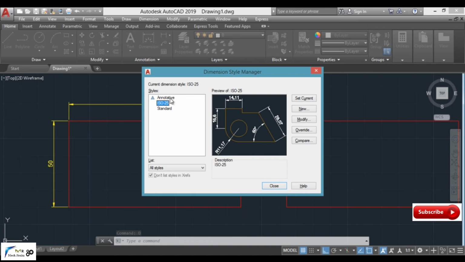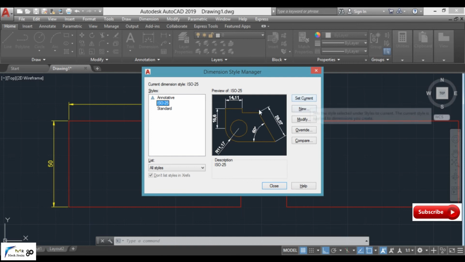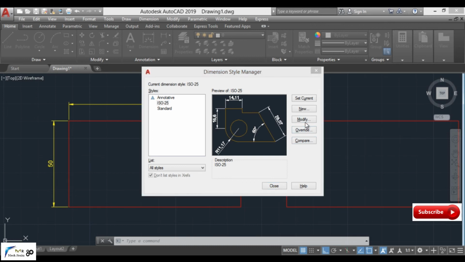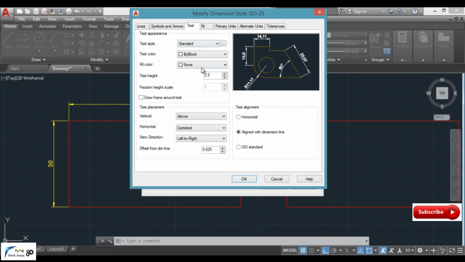Here ISO-25 has been selected, which is the default. Now in order to modify and make changes in such settings, we simply have to click Modify, and here we have our Text option. Click on Text, and here we can decide the text style, whether it is annotative or standard.